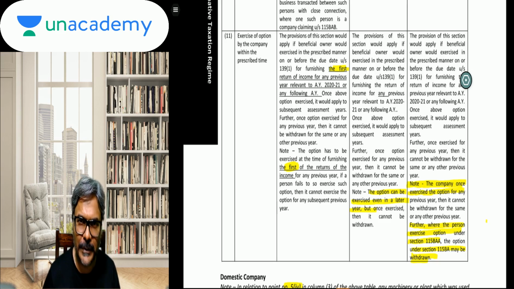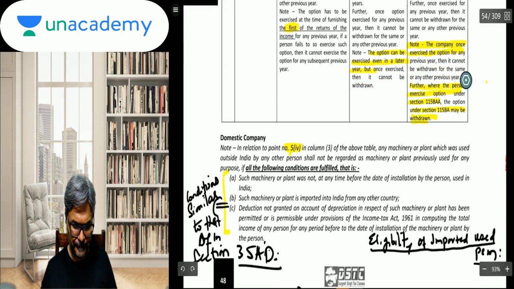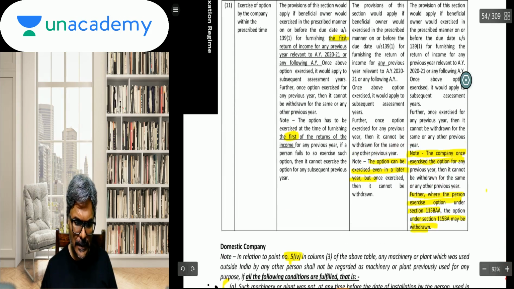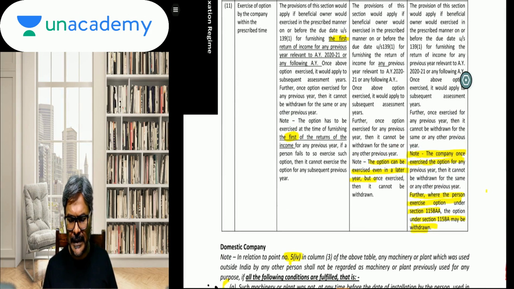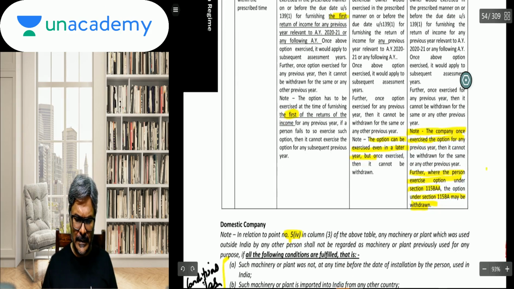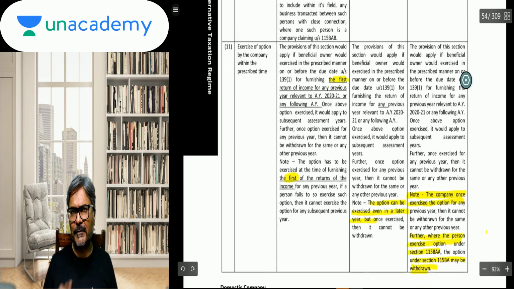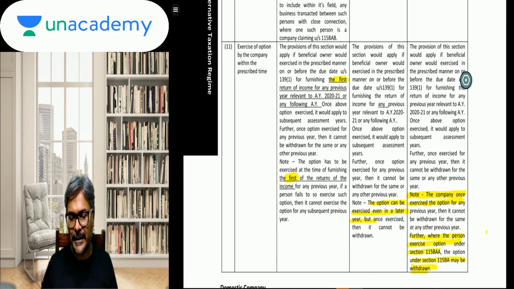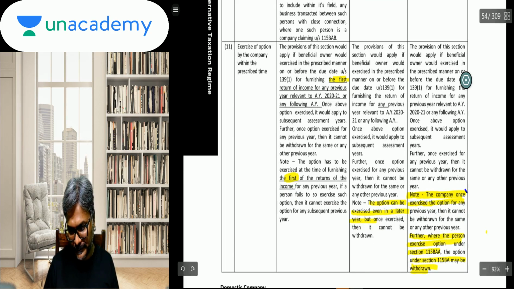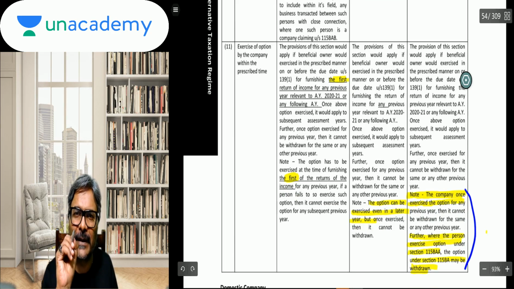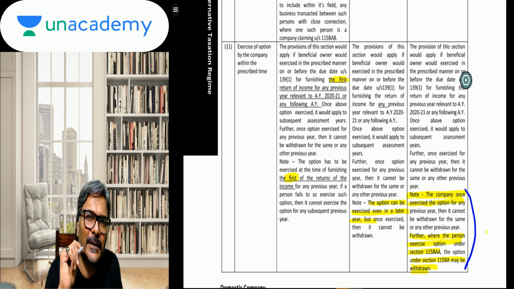All of you through with this one? So students, that is the first of the return which I have highlighted. Just also ensure to highlight in the same way. And can you see this 115BA, the last highlight? What is this particular thing, 115BA? This is the very reason why I said that it is redundant now.